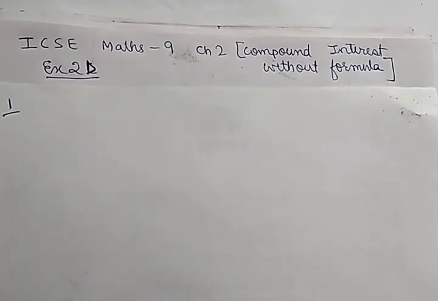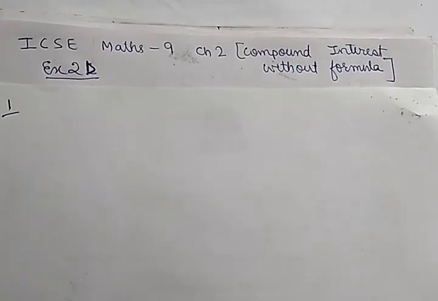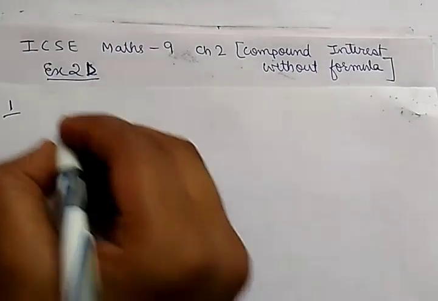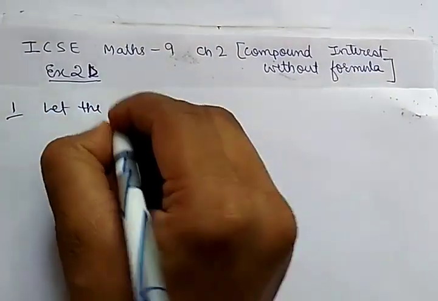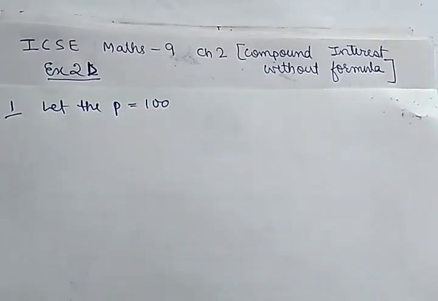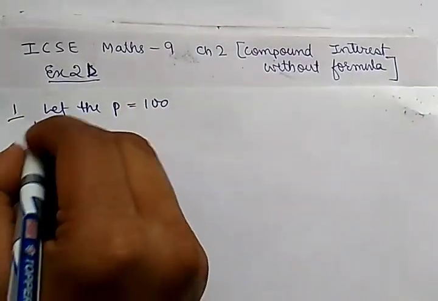Question number 1. What sum will amount to rupees 6593.40 in 2 years at compound interest if the rates are 10% and 11% for the 2 successive years? We have to find the principal. So let the principal be 100. So for the first year,